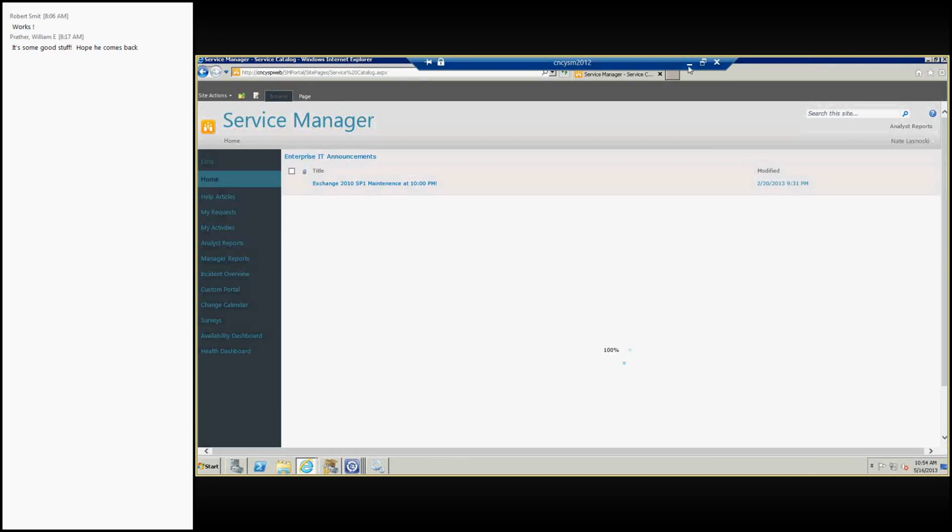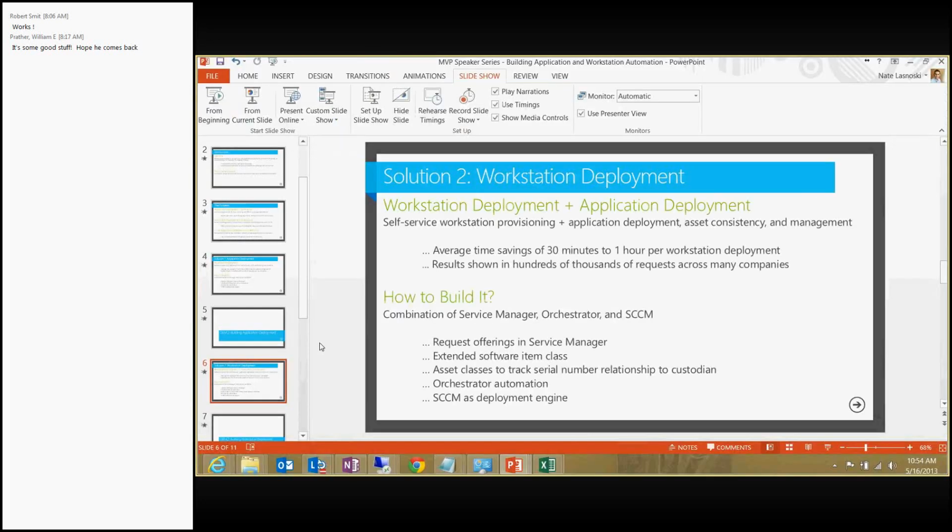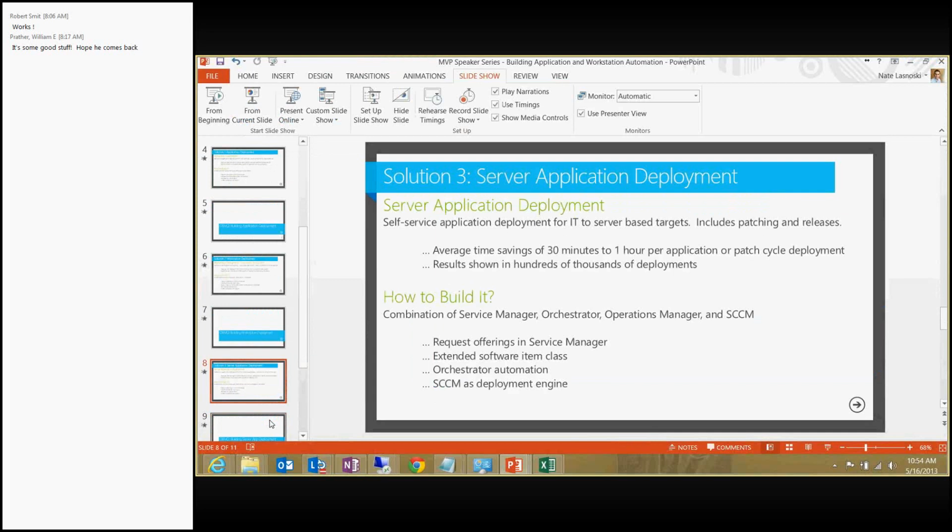Okay, getting low on time, so I'm going to go through my last user experience, and this is sort of the one I kept around because I think it's a very useful experience, which is server application deployment. What do I mean by this? Well, we just talked about a lot of client-centric stuff, and client-centric stuff is really useful because it serves all of our end users, and for every one of those many hundreds or thousands of requests, it has a really